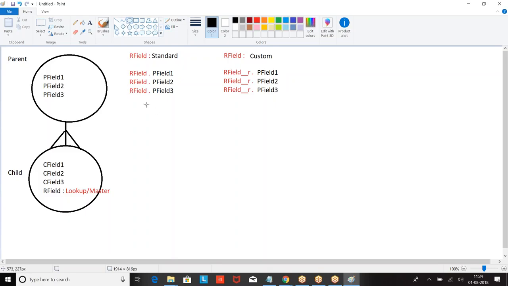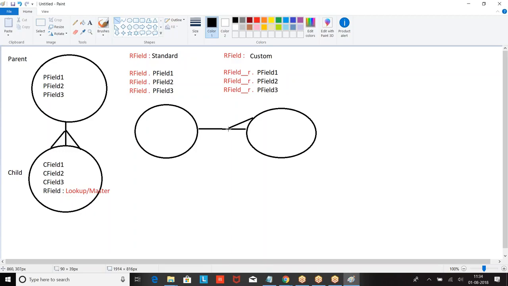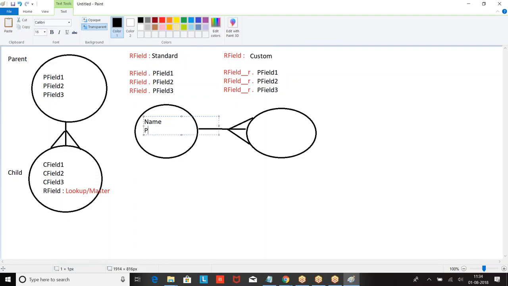To understand this, let me create. Now we have two objects. Now we have account.